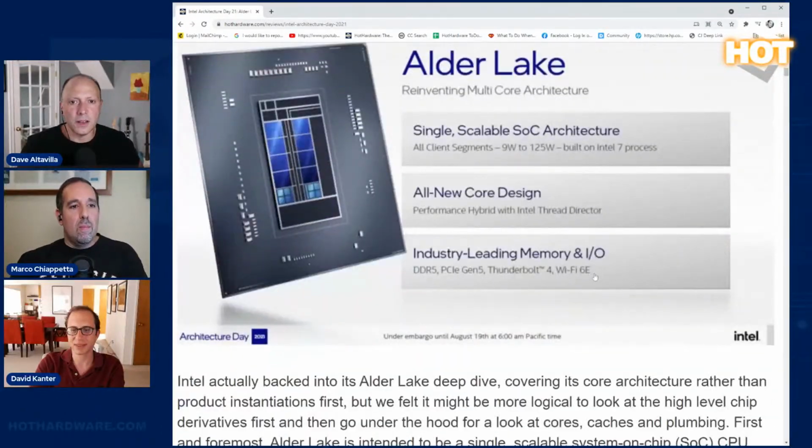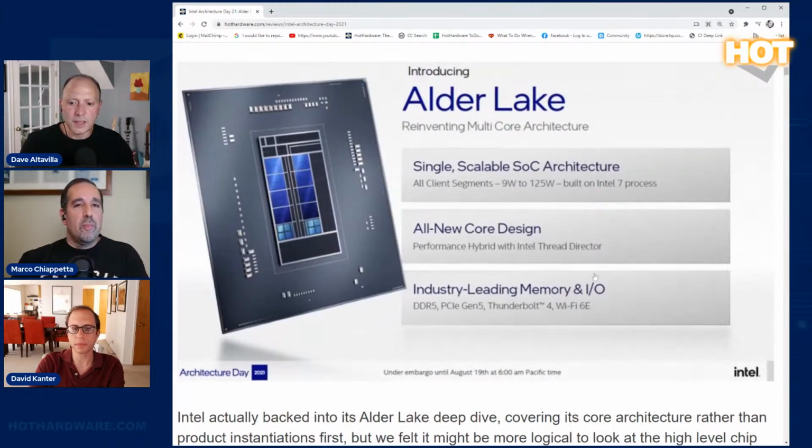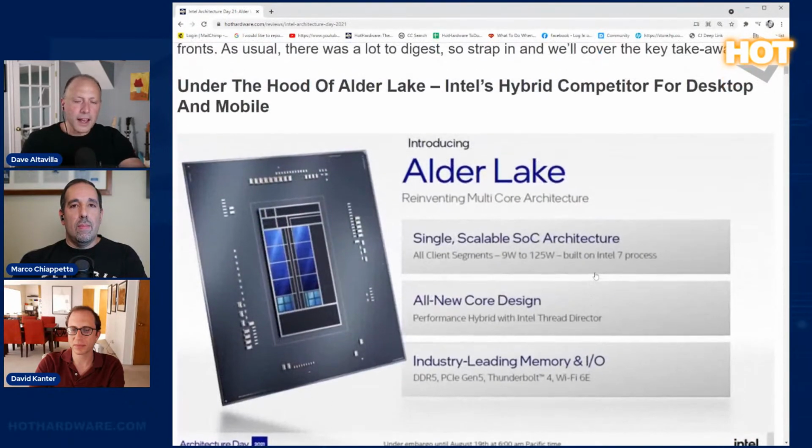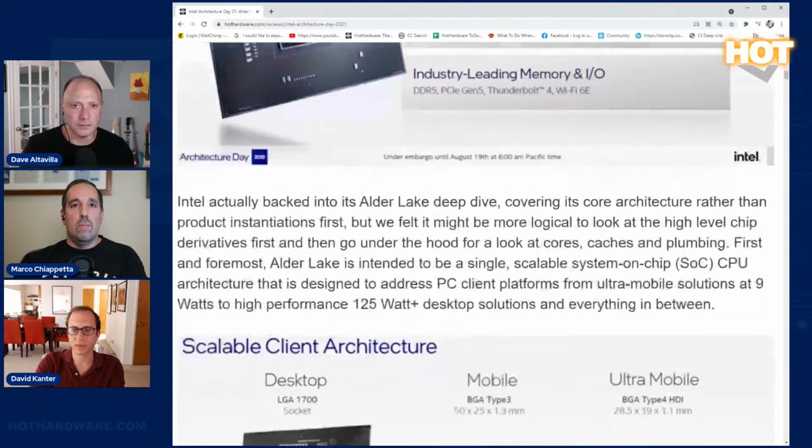let's talk about this. Marco, I want to get your initial thoughts on it, and then we'll have Dave dive down on some of the deep technical stuff. But at a very high level, the 10,000 foot view: hybrid architecture, big little design, efficient cores, performance cores, and IPC uplift across the architecture, both efficient and performance core, versus previous gen architectures like Skylake. And they showed some pretty impressive enhancements, deeper, wider, smarter, as they say, in terms of cache complements and tweaks to the pipeline and fetch and all that good stuff.